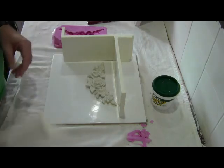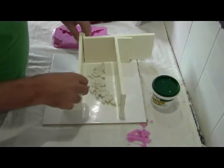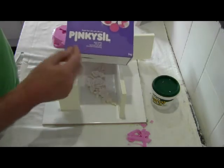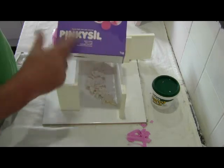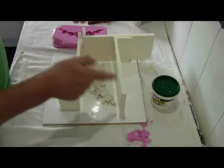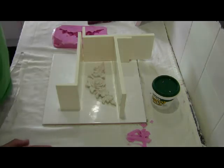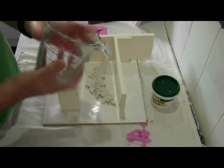We then measured up the size of the mould area that we were going to fill, so that we could work out how much of the pinky sill that we needed. As I said, we used the Barnes product, the pinky sill, which is just that part A and part B, to work out the volume that we needed. In this case, it was 20 centimetres by 10 centimetres by 3 centimetres deep, which gave us the volume of 600 millilitres. And then we literally just mixed up the two parts in a glass mixing jar,